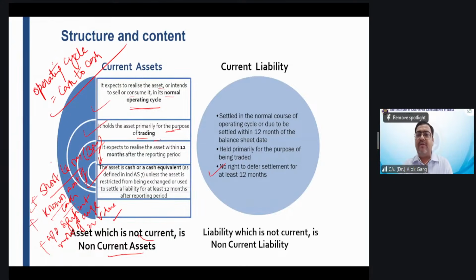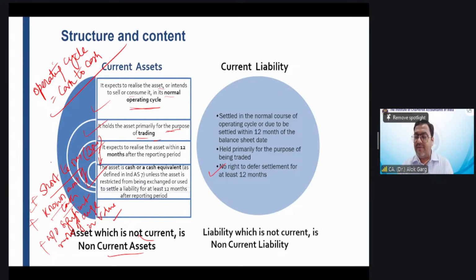What is a cash equivalent? Fixed deposit is a cash and cash equivalent, right? A debenture purchased, fixed deposit, commercial paper, government securities, okay, if these are without a significant risk of change in value, and you know how much money you will receive. Bond: you have invested 100 rupees in the bond and you will receive interest on that bond. There is no change in the principal amount, but you will receive interest. So in that case, what will happen?